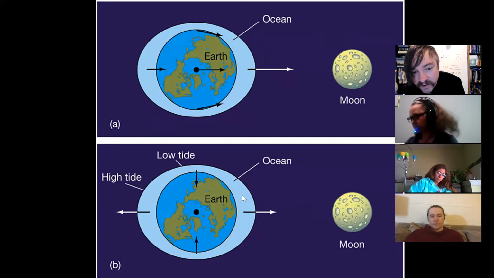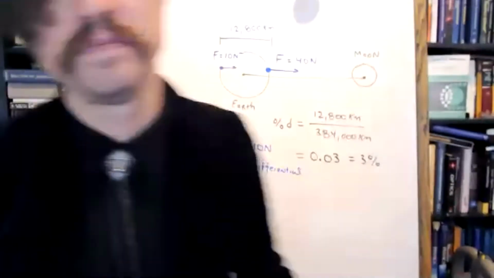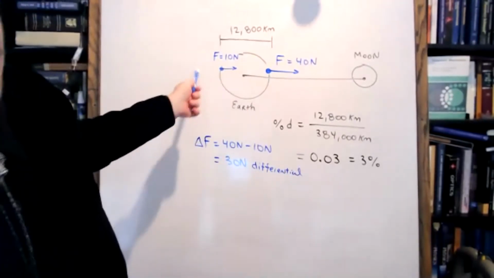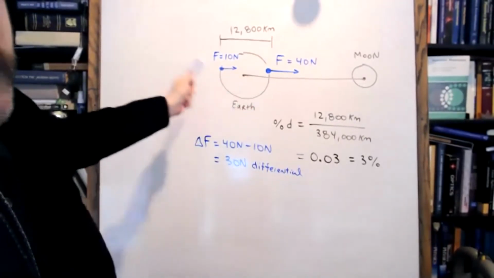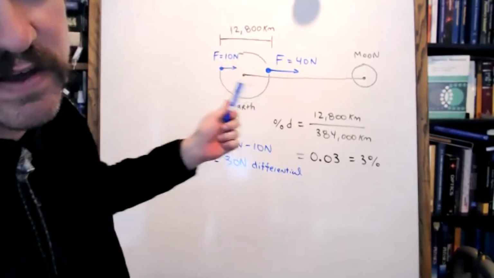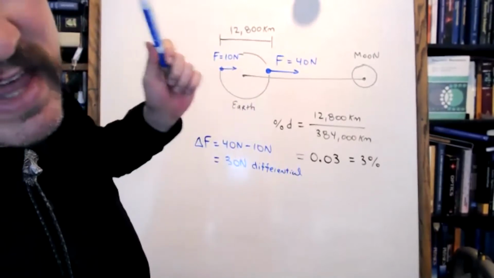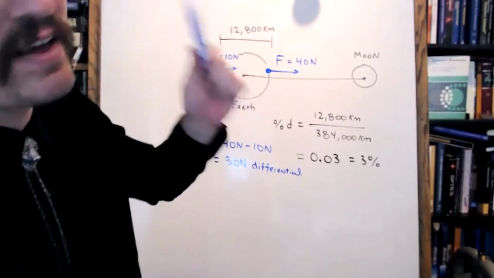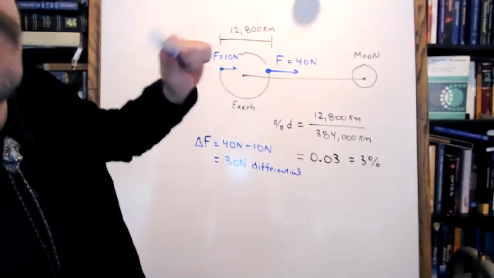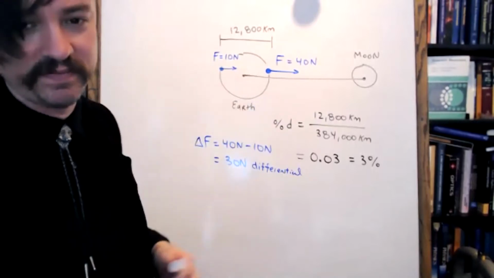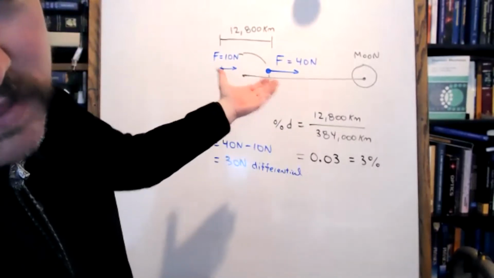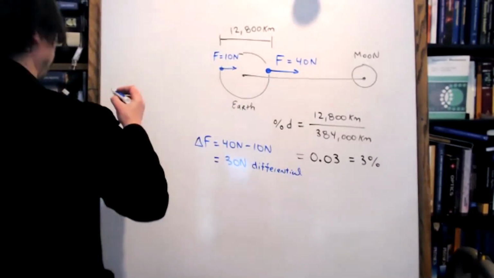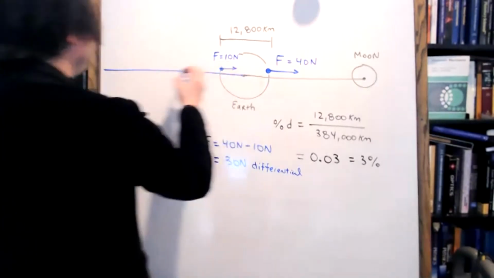For now, however, let's pretend you're a pesky student. A pesky student could ask me, well, geez, Brendan, okay, so there's a differential force. The front side's tugged harder than the back side. That makes sense. But didn't we calculate that the sun is tugging on Earth 200 times greater? Shouldn't there still be the same thing going on with the sun? And I would say, okay, yes, but consider this. The distance to the sun